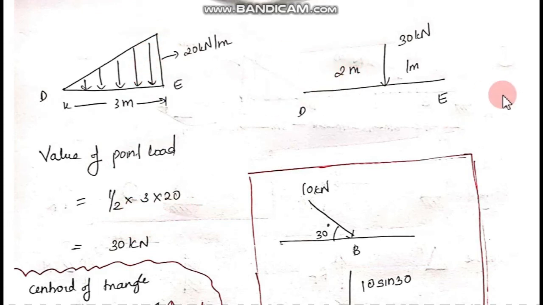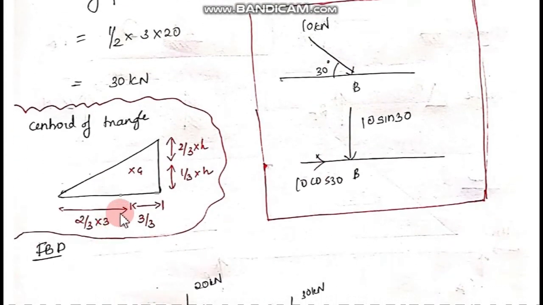When you are drawing it, you need to draw it in the center, you know that. But a triangle is not a symmetrical figure. That means if I cut it with an axis here, let me show you like this, it's not symmetrical on both sides, which means the center is not divided by 2. So we need to find the centroid of a triangle, which you already know the equation of. If G is the centroid, taking along the base distance, from this apex it is 2 by 3 and from the bigger side it is 1 by 3 of the base distance.